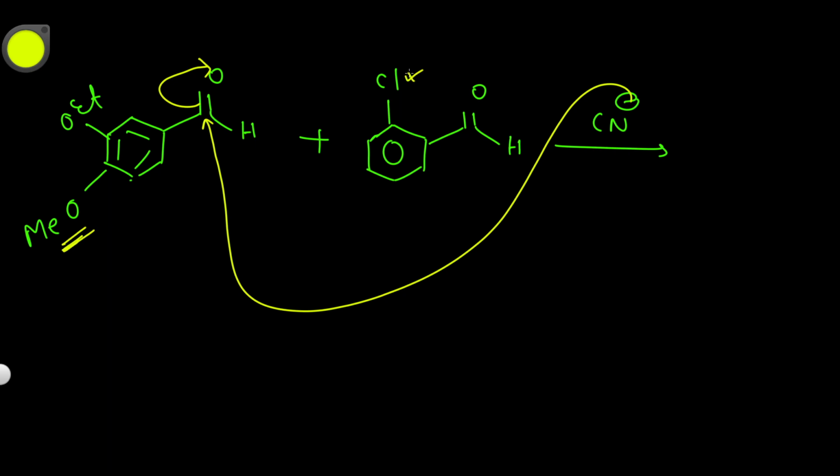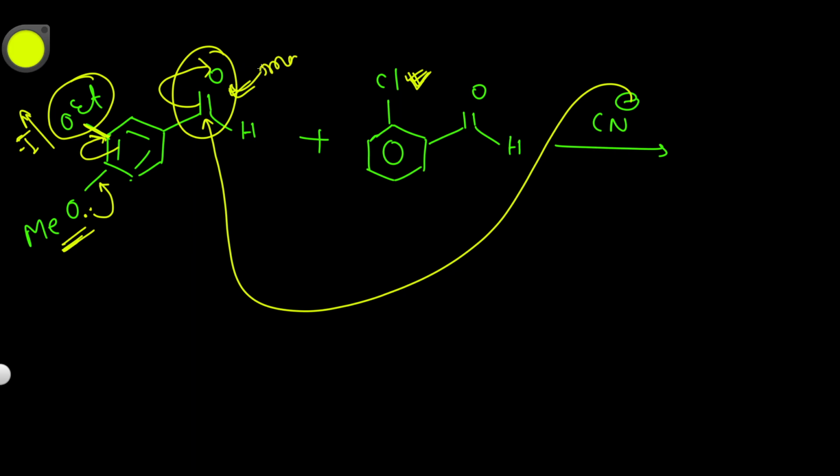In this case Cl is also an electron donating group, but here this OAT is also attached, and this OAT is applying the minus I effect, because when the OMe donates the electron, this double bond will shift onto this carbon, and because a minus I group is attached to this carbon, this group will withdraw the electron, and because it is withdrawing the electron, the electron density will not reach this position, and that's why this carbonyl position will become more electrophilic,